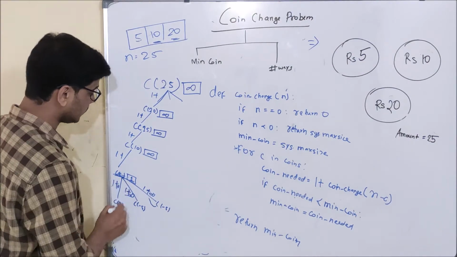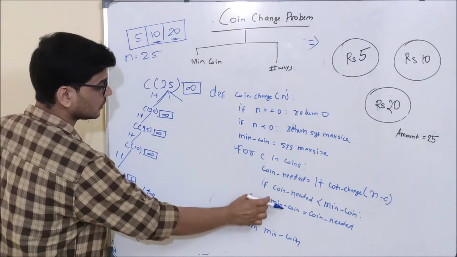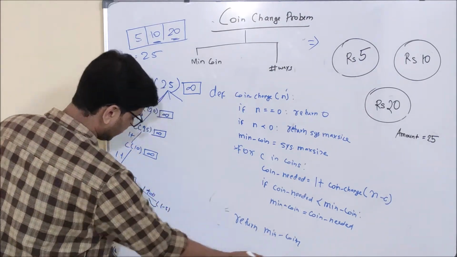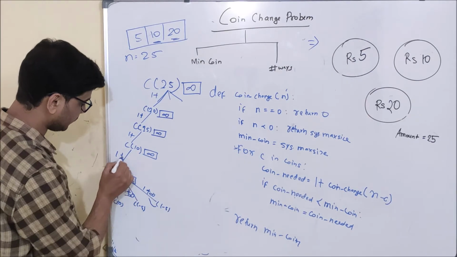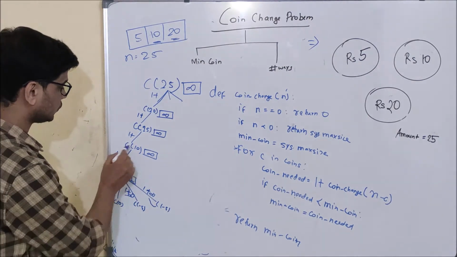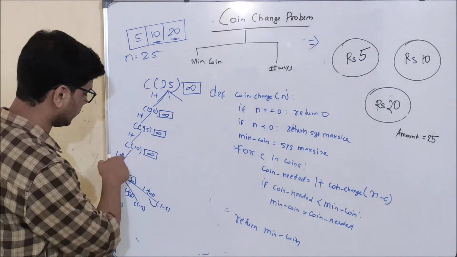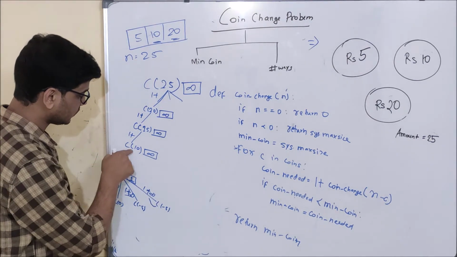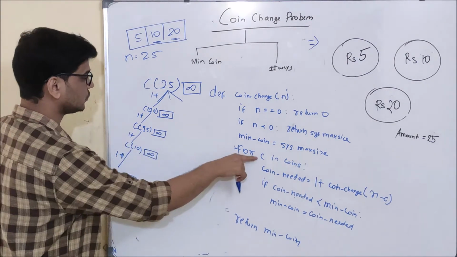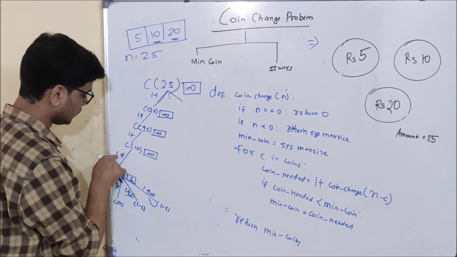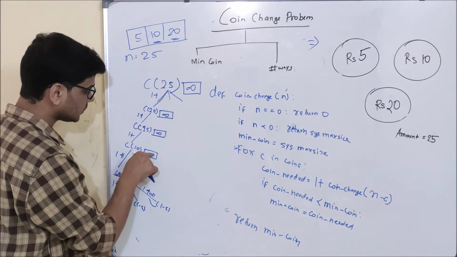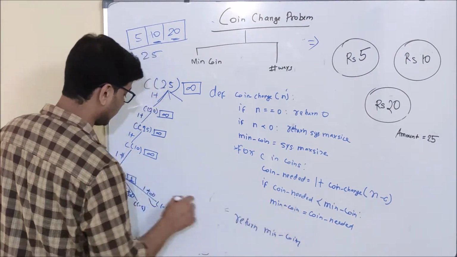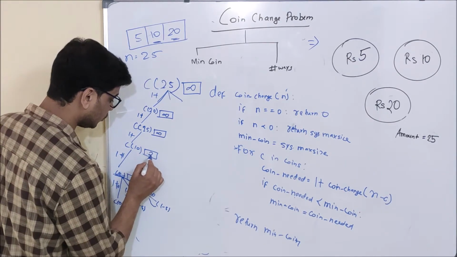So for c of 5, all three options, that is, this particular for loop, have executed, and once this for loop executes, we are going to return min coin. And what is min coin? 1. So we will return 1 from here to c of 10, that is, c of 5 will return 1 to c of 10. And see here, coin needed for the function call c of 10 for c equal to 5 is 2, and 2 is smaller than infinity, so this particular line will execute and we are going to update 2 here.